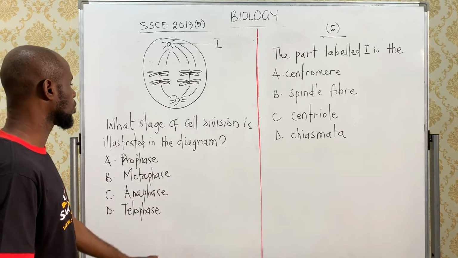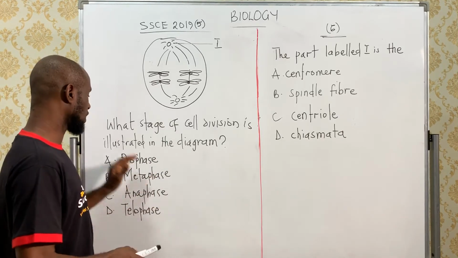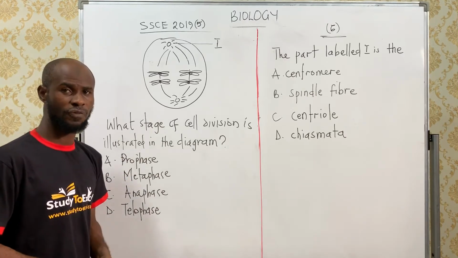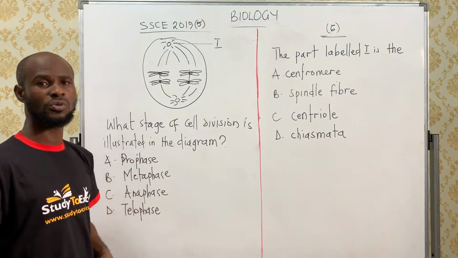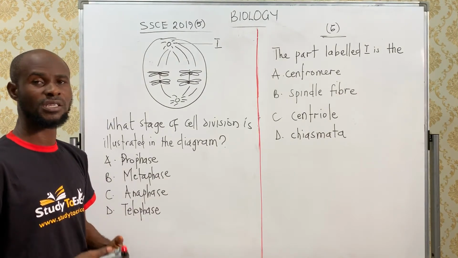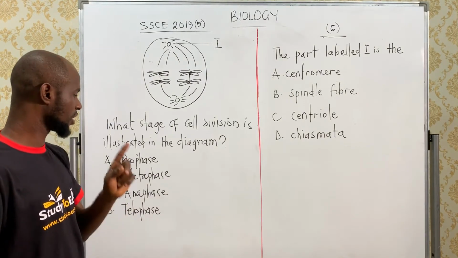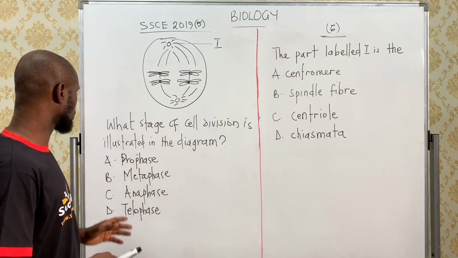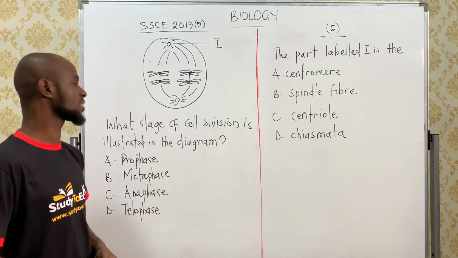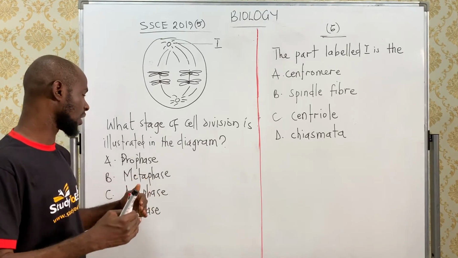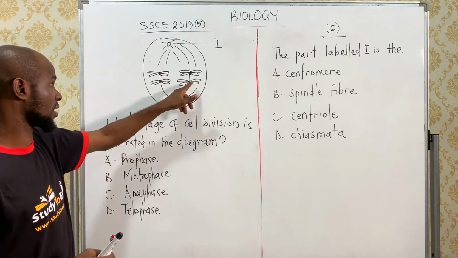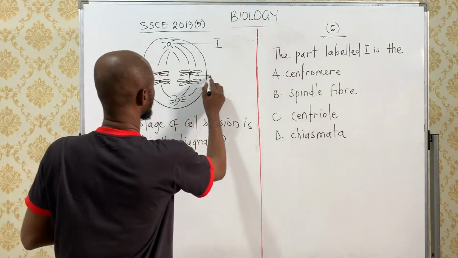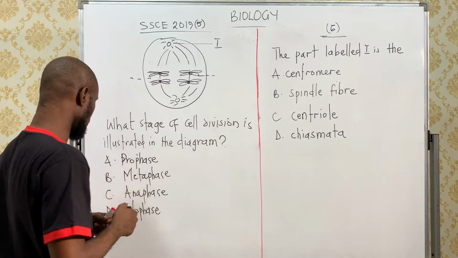Let me just give you the major event that occurs in each of the stages, then we'll pick our answer. The major event in the prophase is that the chromosomes become visible as two chromatids. Each chromosome becomes visible as two chromatids. Number B is the metaphase. In the metaphase, the chromosomes align at the equator, and you can see here that the chromosomes align at the equator. So the answer is